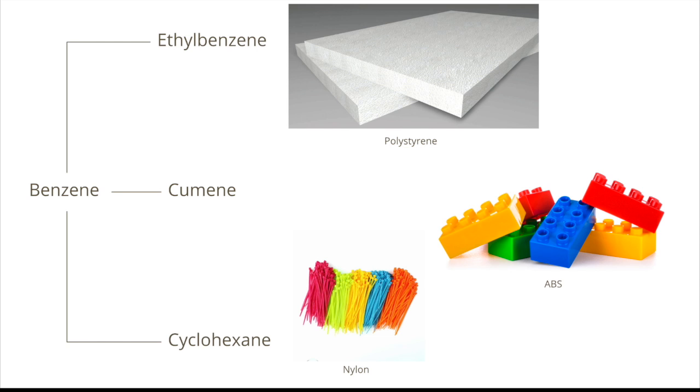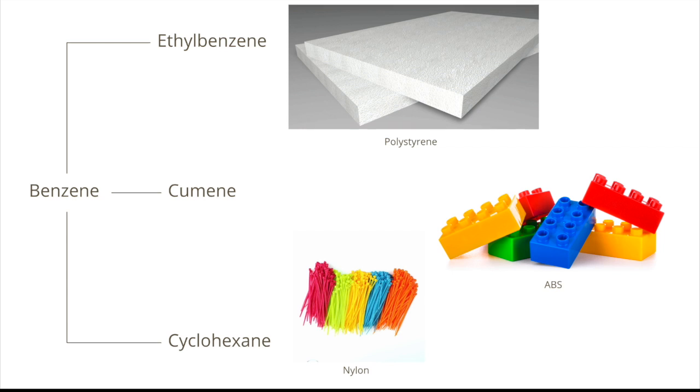As we have mentioned, ethylbenzene, cumene, and cyclohexane can be obtained from benzene. If these chemicals are industrially treated, plastics such as polyester, ABS, and nylon can be obtained. It is important to know that you can obtain so many products from these three, recognizing the impact they have nowadays. For example, ethylbenzene is used primarily to make another chemical, styrene.